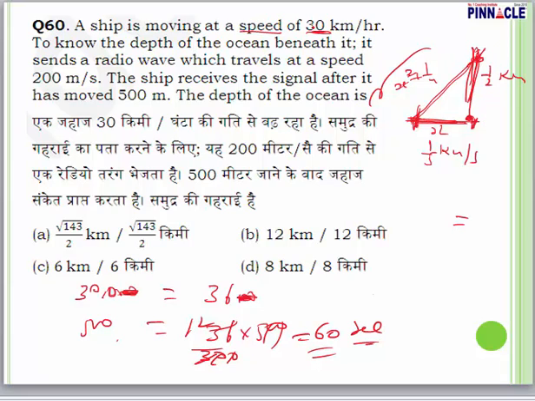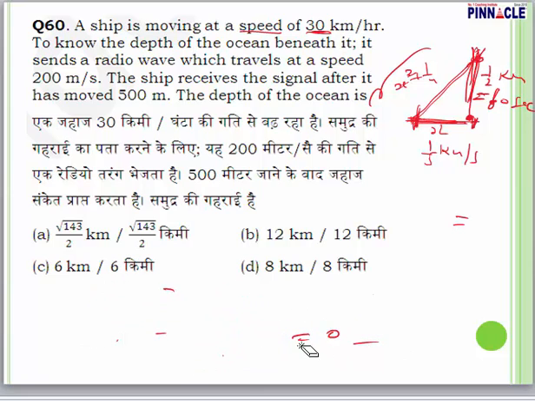That we have calculated from this statement. 30 kilometer, that is 30,000 meter in 3600 second. To go 1/2 kilometer, that is 500 meter, it will take 60 second. So you can say this is 60 second. In other words, you can think like this: